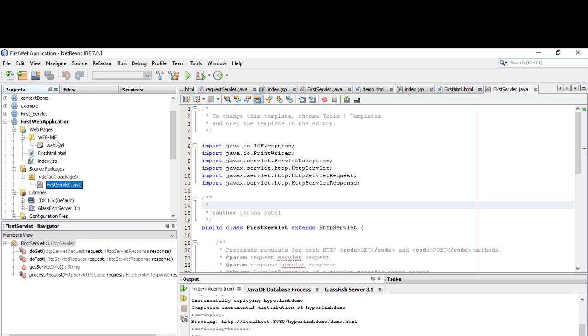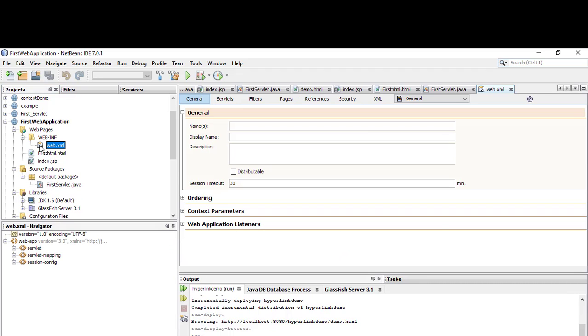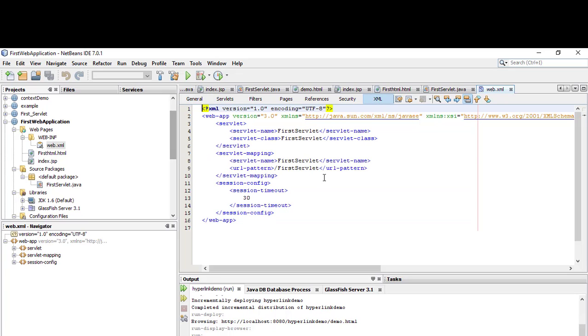When you click on WEB-INF, you can see now web.xml file. Go to XML tab. This is your XML file. You can see the servlet tag. Inside servlet tag, servlet name is displayed and servlet class is displayed.